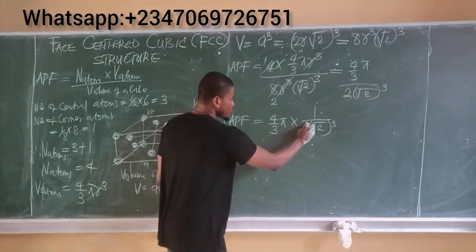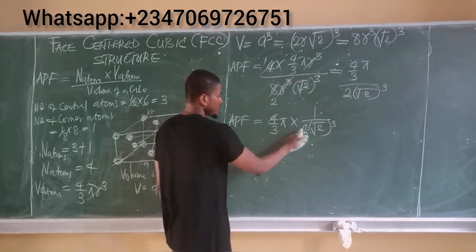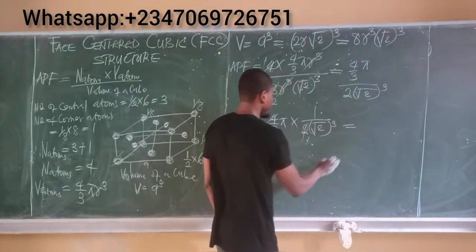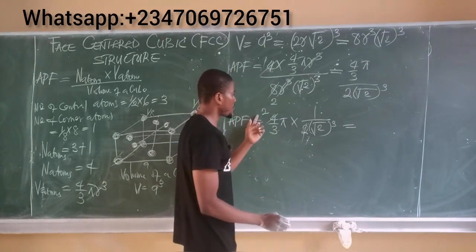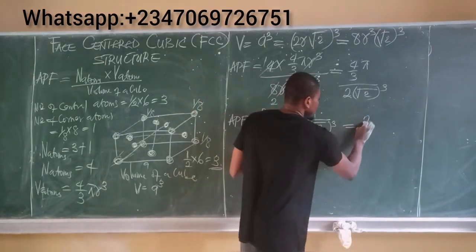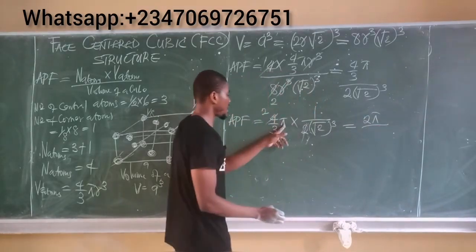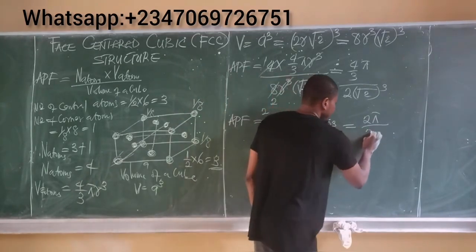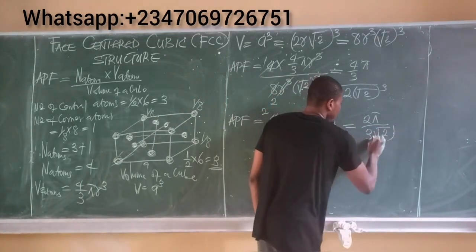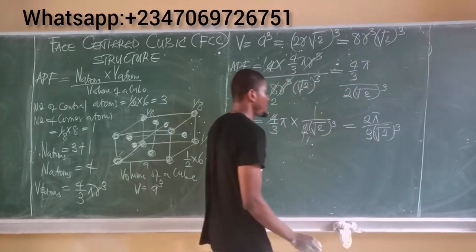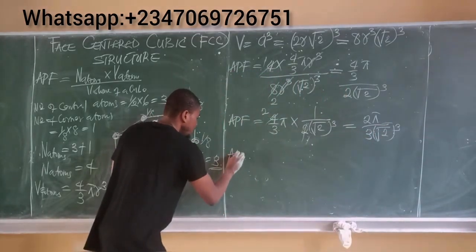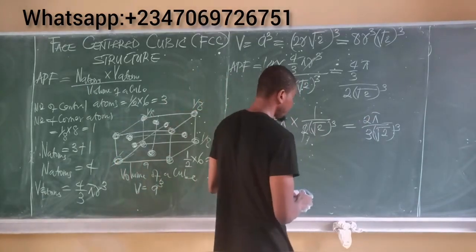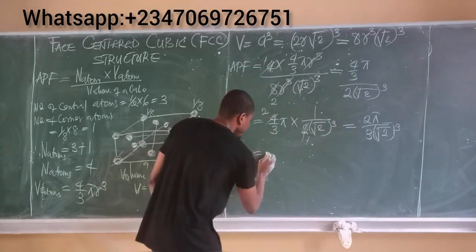So from here, 2 can also strike 4 here. 2 goes into 2 is 1, 2 goes into 4 is 2. So this is now equal to, that means at the numerator now, I'm left with 2 pi, all over, and at the denominator, I'm left with 3 times root 2 to the power of 3. This becomes 3 root 2 to the power of 3. All right, so let's evaluate everything at this point. Atomic packing factor, APF, is now equal to, let's obtain 2 pi. All right, so 2 pi gives us